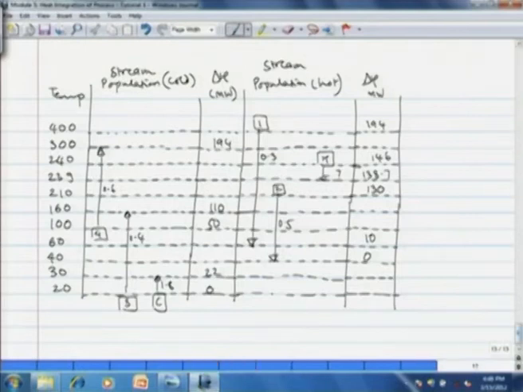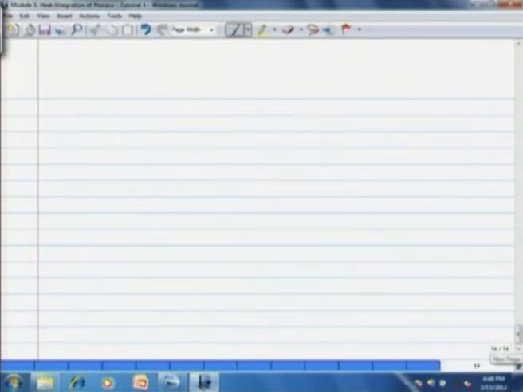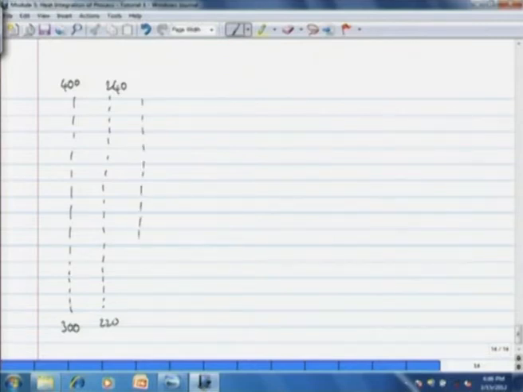We shall list these now by vertical lines. The first interval is 400 for the hot composite stream and 300 for the cold composite stream, then 240 for hot and 220 the corresponding temperature for cold, then 239. The 240 to 239 is the interval where hot utility adds. So above 240 hot utility is not there, and below 239 also it is not there. So the corresponding temperature is 210.